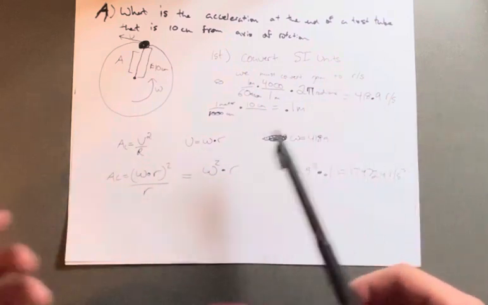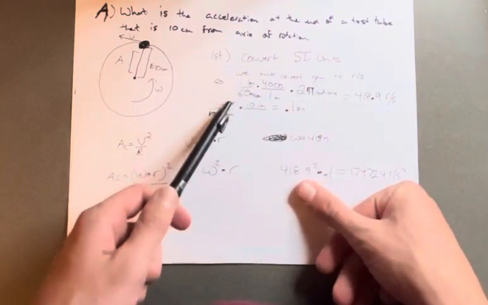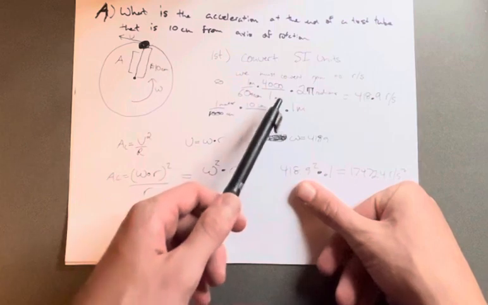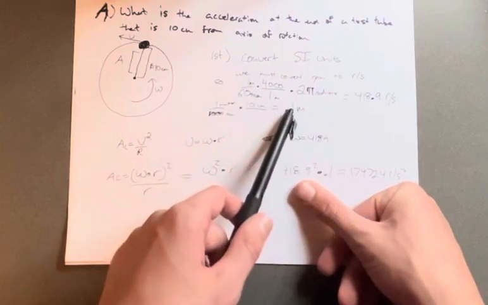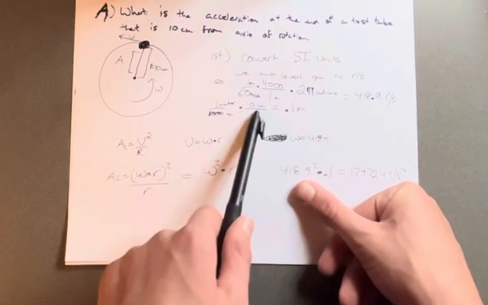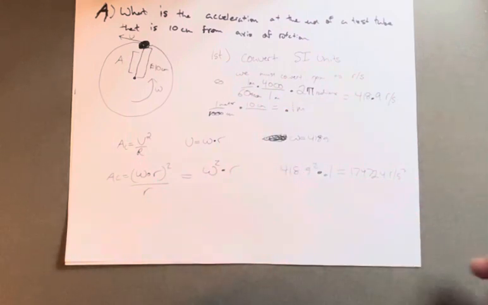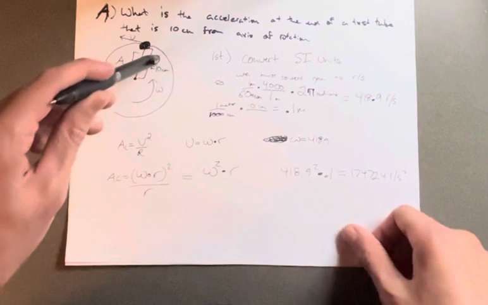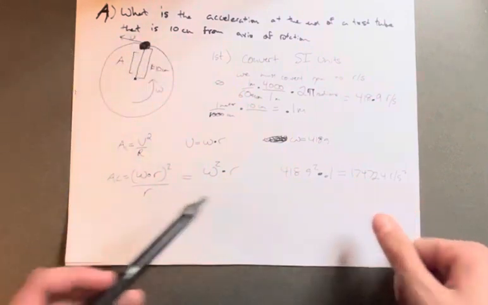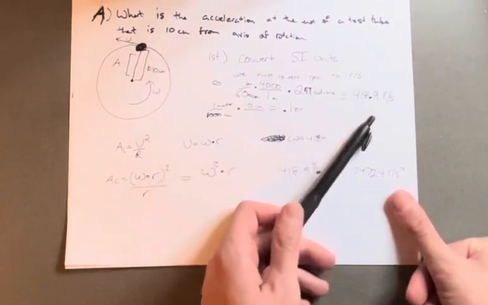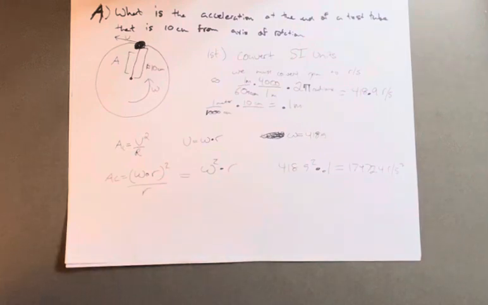We need radians per second. So we do 1 minute over 60 seconds times 4,000 over 1 minute to cancel those, which is just 4,000 divided by 60. You multiply that by 2 pi radians, because 2 pi is the equation for the circumference of a circle, and that gets you 418.9